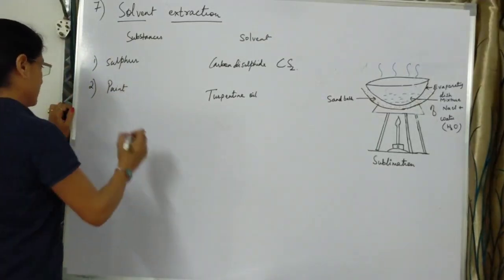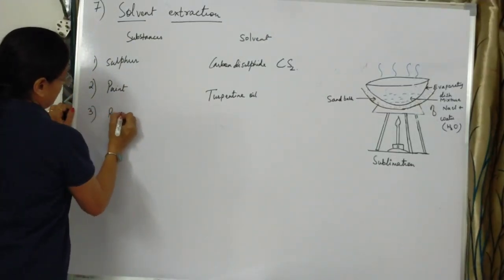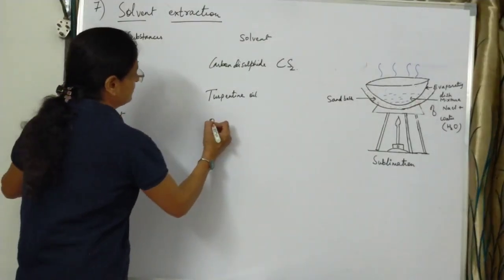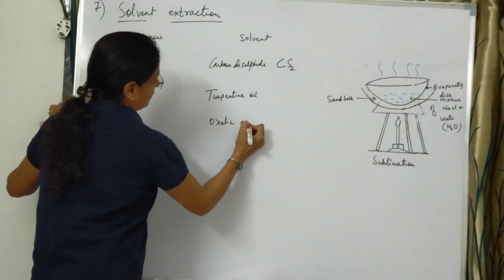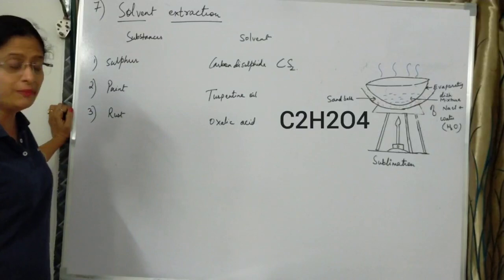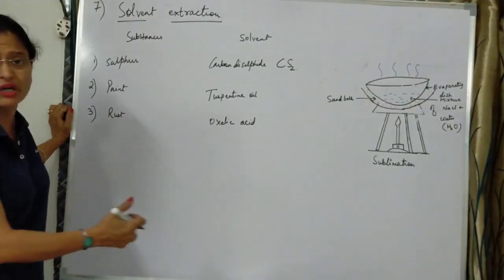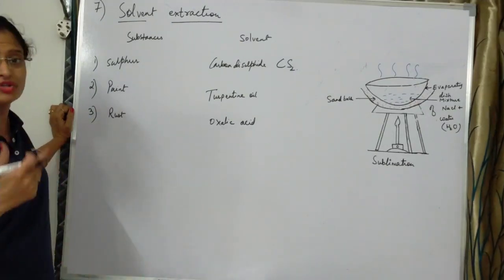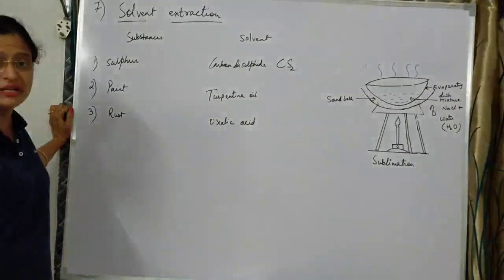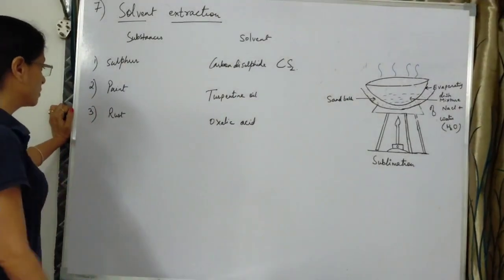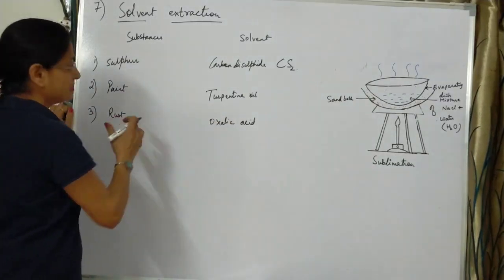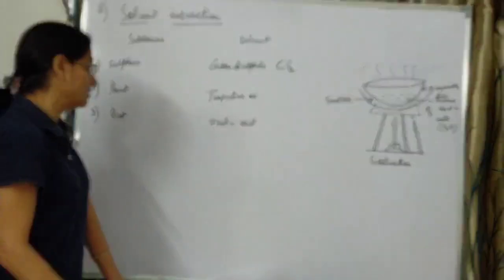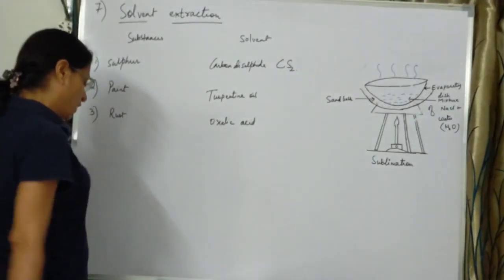Okay. Our next component is rust. Rust is soluble in oxalic acid. Sometimes you see your clothes or some surface get stained because of rust. You can use a solution of oxalic acid and you will find things become much better than before applying the oxalic acid. The dark stains can be made lighter by use of oxalic acid.